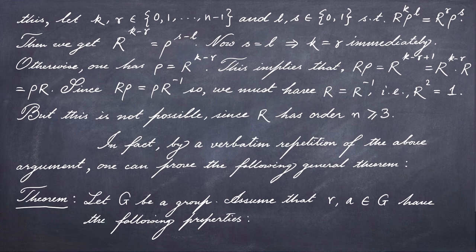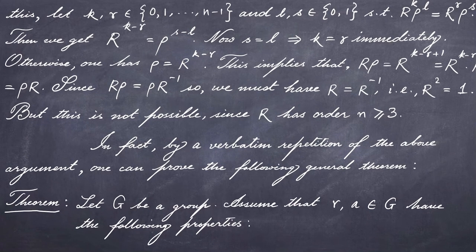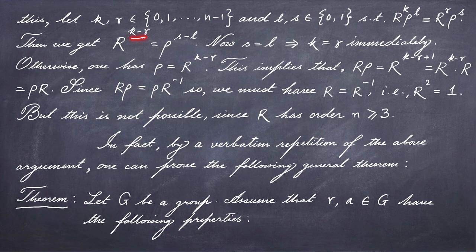So r to the power k minus small r will be identity. Depending upon k and small r, if necessary we can take the inverse, and we obtain that r to the power some power here is going to be identity, and that can happen only when the exponent is 0, right? So therefore when s equals l, then k equals small r follows immediately. But otherwise we will have r to the power k minus small r is rho, and let's then multiply both the sides from the left by r. That gives me this. So here we will have this power of r. Now this can be written as r to the power k minus smaller times r,